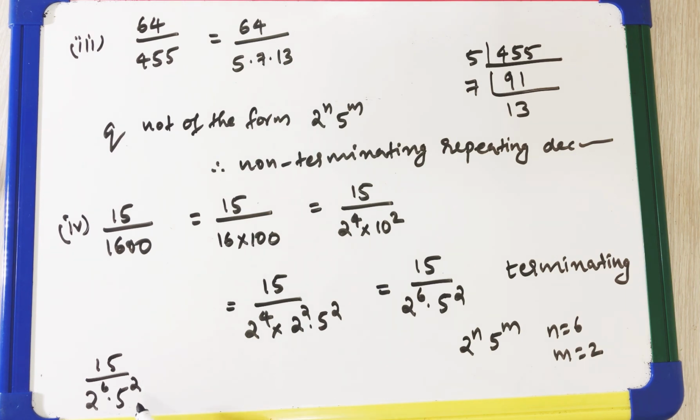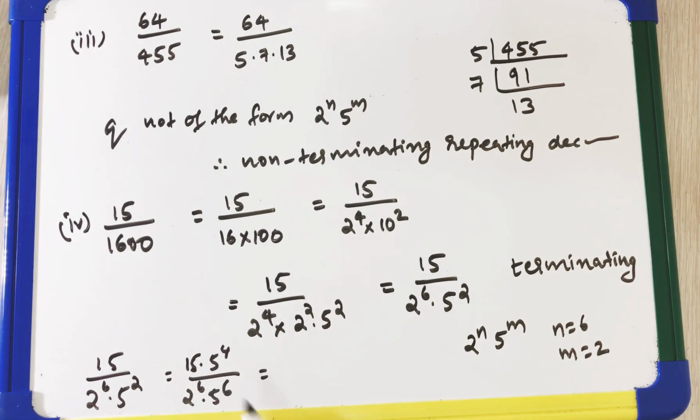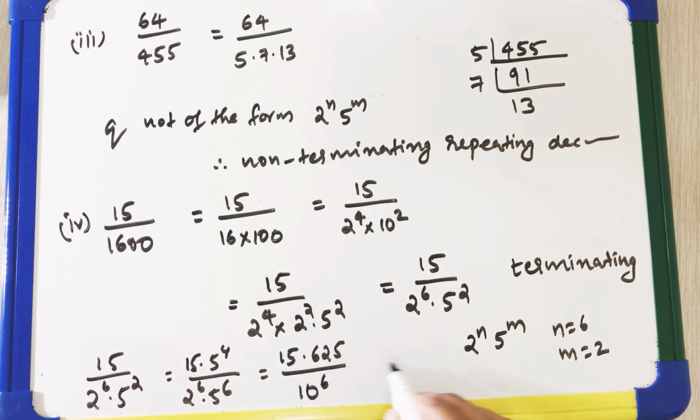multiply the numerator and the denominator by 5 raised to 4, which is equal to 15 into 5 raised to 4 by 2 raised to 6 into 5 raised to 6, which is equal to 5 raised to 4 is 5 square into 5 square, 25 into 25, 625. 15 into 625 by 10 raised to 6. Now 15 into 625 is 625 into 10 is 6250, and 625 into 5 is half, 3125. Here 5, 7, 3, 9, 9375,